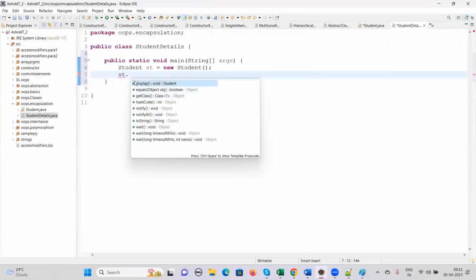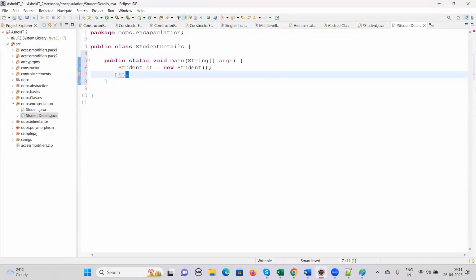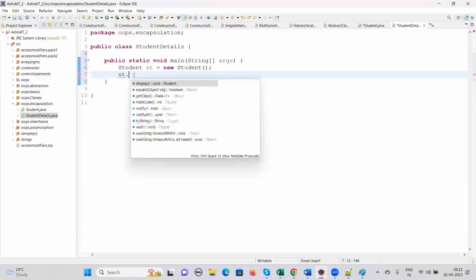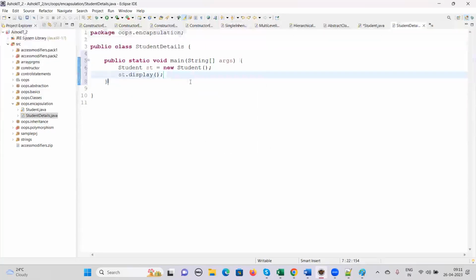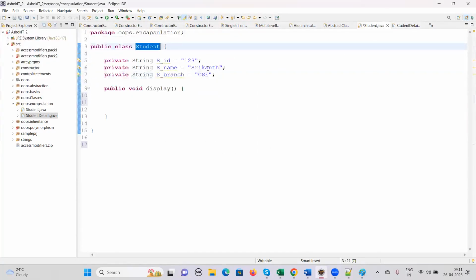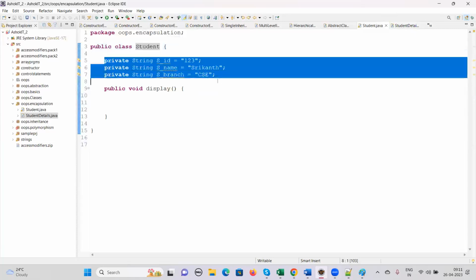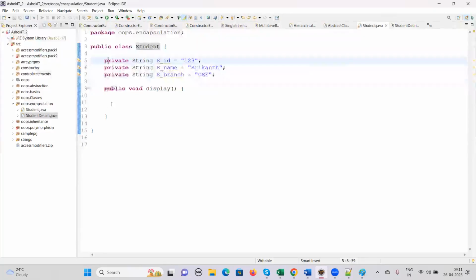If I make this public, I'm going to be able to access it, as we spoke about with access modifiers. See, how about these private variables now? I'm not able to access them. So what I can do, if I want to set something, okay, for example, I'm going to